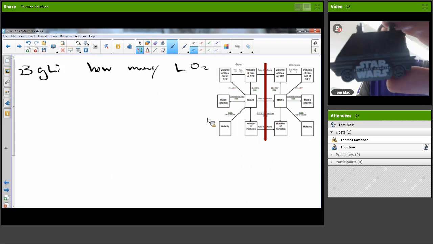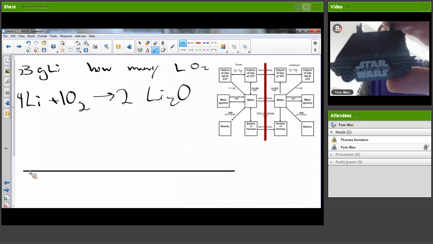The first thing would be to balance the reaction. It's already written for you. You should already probably have it balanced. Li plus O2 goes to Li2O. So double that, 4 that, 1 that. 4, 1, 2. Okay, now